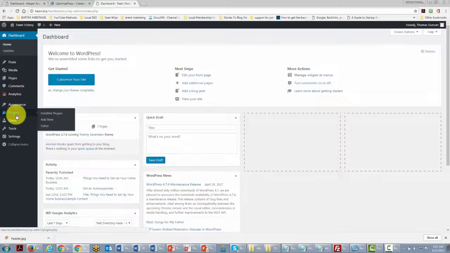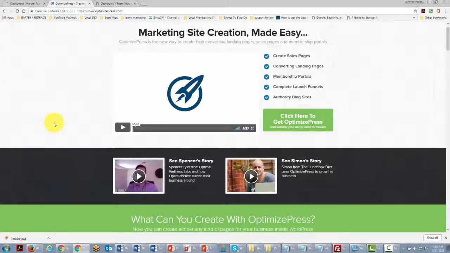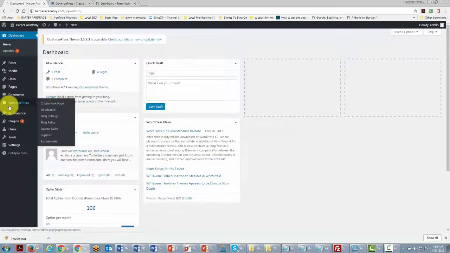You can either add it on to your WordPress website, or you can have a theme that will take over the entire look of your site. One system that a number of network marketers rely on is called OptimizePress. While there are many systems that will give you sales pages, OptimizePress is a theme that will allow you to build business pages, whether it's for your front page or for things that you want to sell and offer to your customers. Once OptimizePress is installed inside of your WordPress website, you have a separate OptimizePress dashboard,